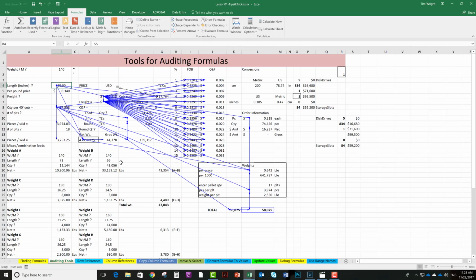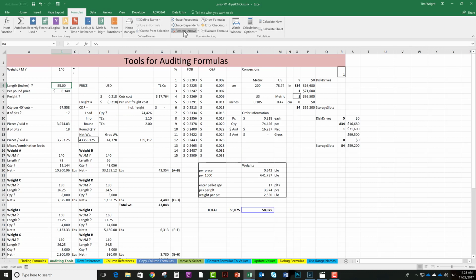Now let's take a look at the opposite of this. So let's get rid of these arrows. We want to make sure we're in our Formulas tab, and we can come over here to Remove Arrows. One click to get rid of them all. Now I'm going to do the opposite. We're going to come down here to total, and so we have somewhat of a grand total, but we want to find out everything that is a precedent to this grand total. So I click on it once, and we click Trace Precedents, and we can see it's getting its total up here